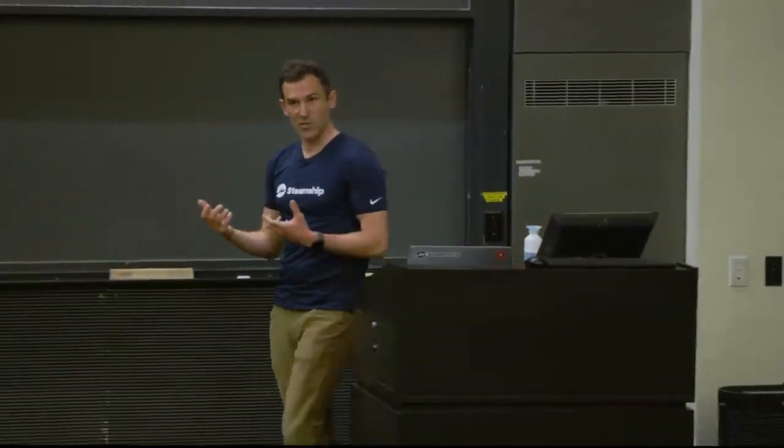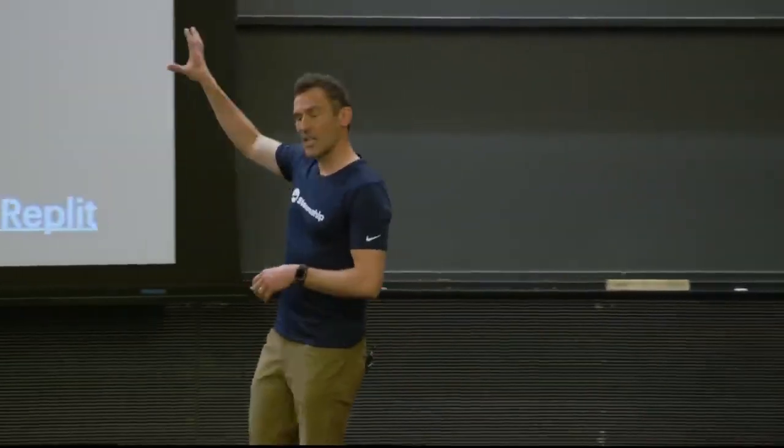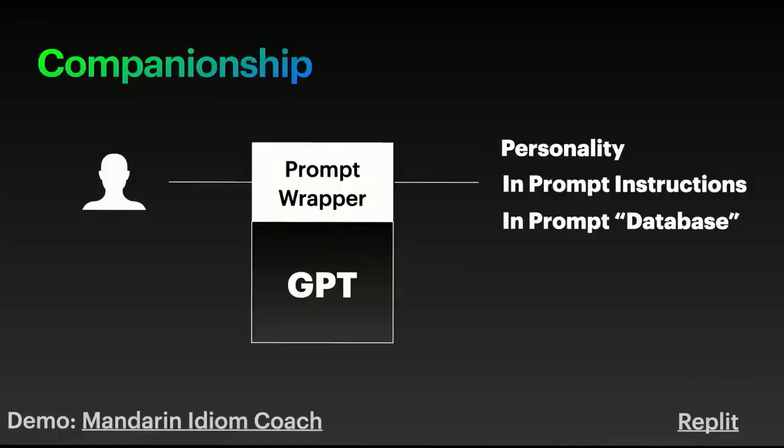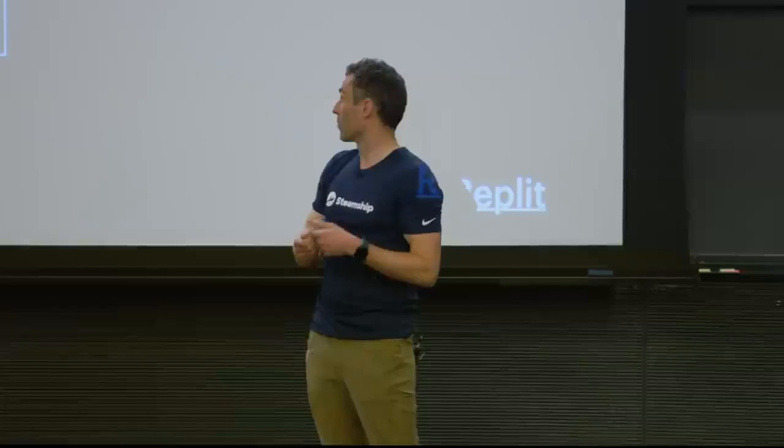All right, so I'm just going to dive straight into demos and code for some of these, because I know that's what's interesting to see as fellow builders, with a high-level diagram for some of these as to how it works. So approximately, you can think of a companionship bot as a friend that has a purpose to you. There are many ways to build all of these things, but one of the ways you can build this is simply to wrap GPT or a language model in an endpoint that additionally injects into the prompt some particular perspective or some particular goal that you want to use. It really is that easy in a way, but it's also very hard because you need to iterate and engineer the prompt so that it consistently performs the way you want it to perform.